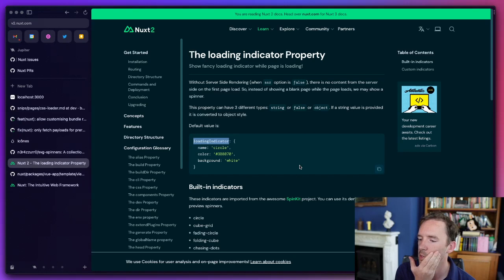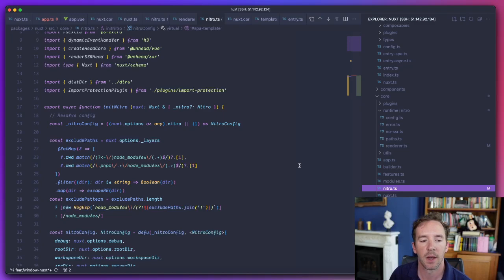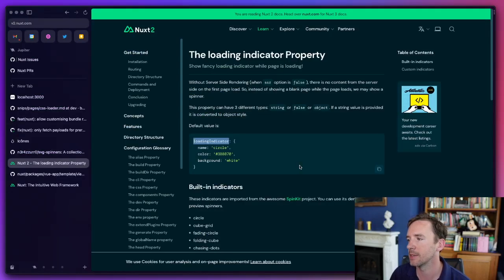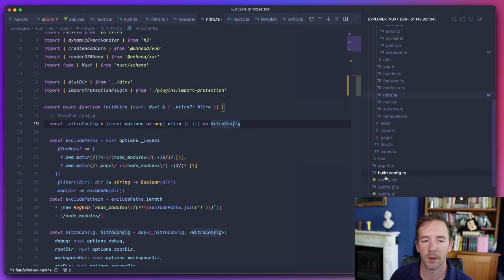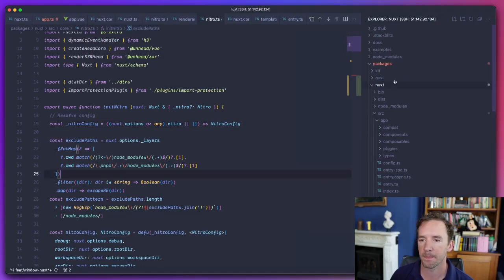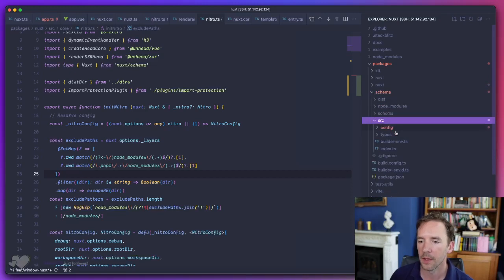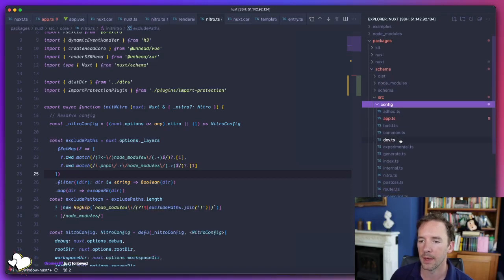What about... what do you think makes sense? Like a path to an HTML file that you have in your own project? It doesn't feel like we have to make this configurable with an object syntax. What about something like this? So we have a schema, and we have maybe a